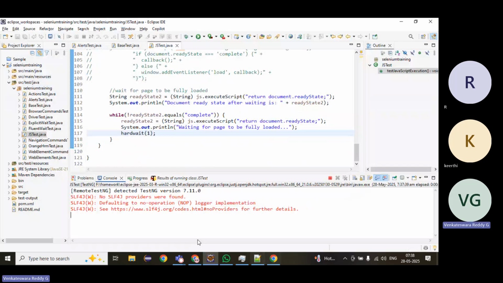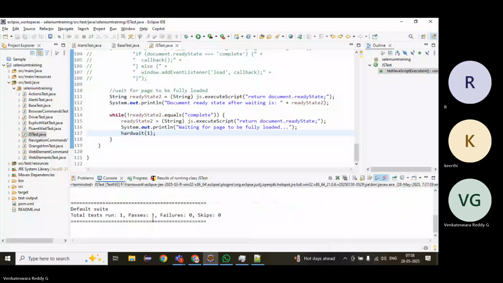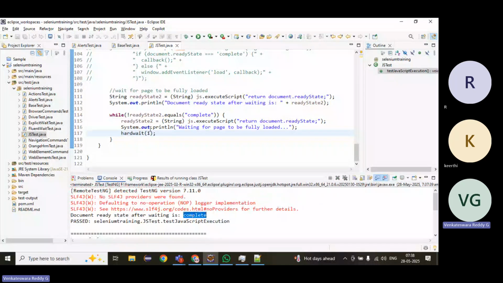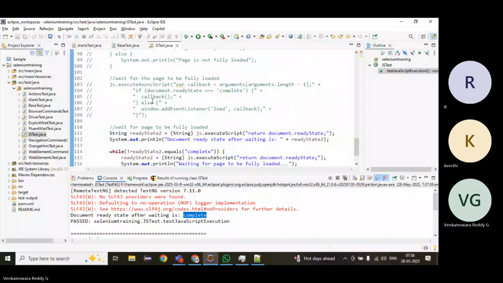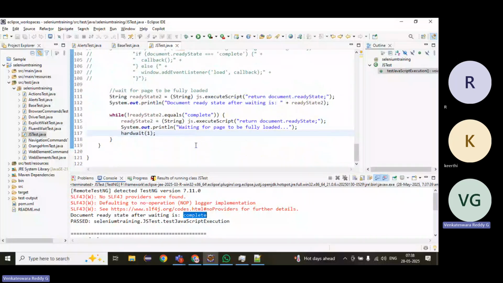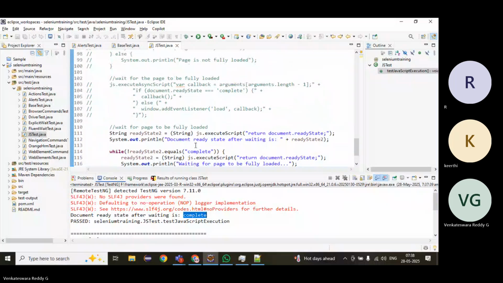Okay. It will, once it is completed, then it can. Right. Like this, we can wait for the JavaScript to wait. Right. Fine. Okay. Then